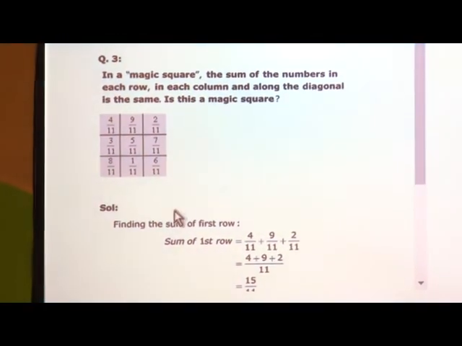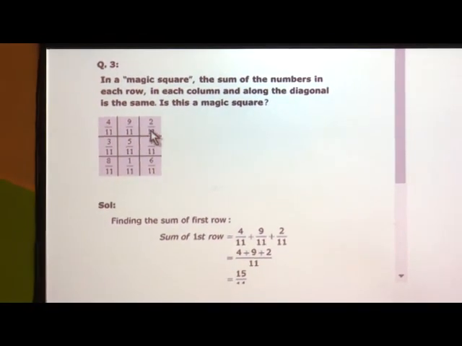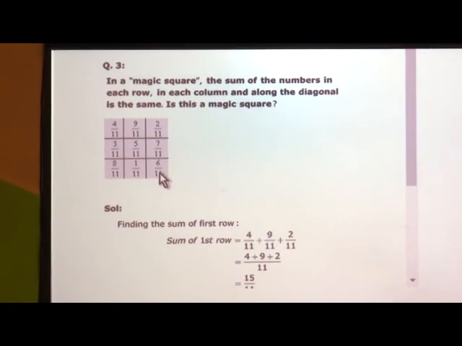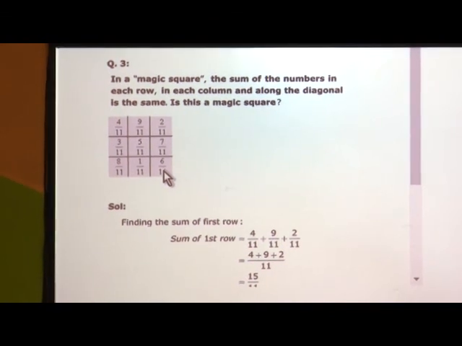I will explain in short how to work with the magic square box given here. Here we have one magic square box. You can find a very similar thing here: all the denominators are the same. So here you can do any operations with all these fractions. The question is that we have to find the sum. The word sum itself says we have to go for addition.